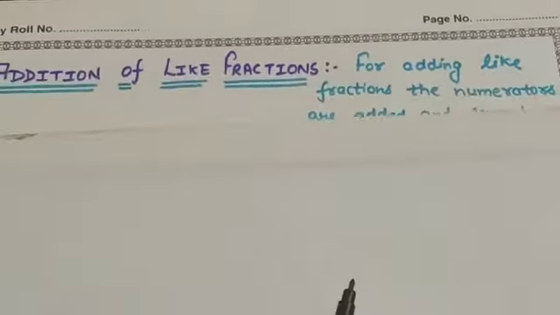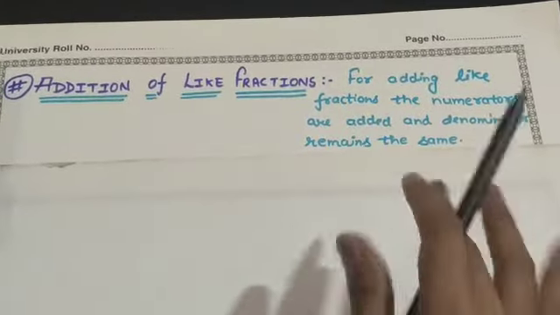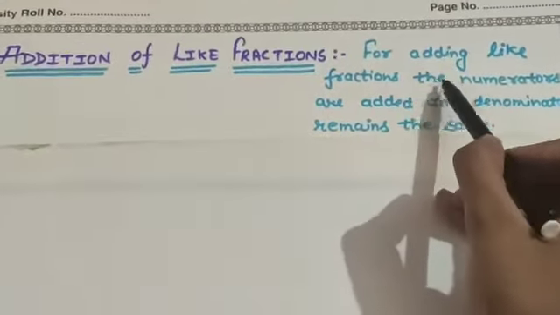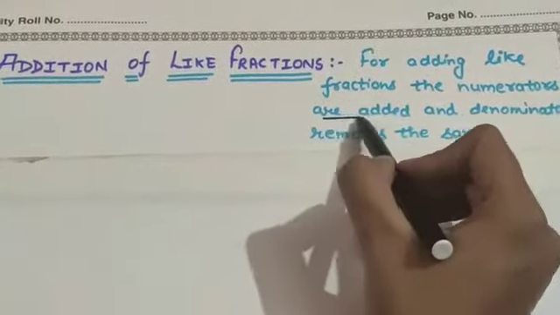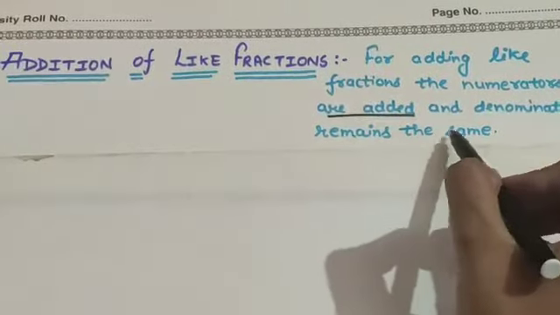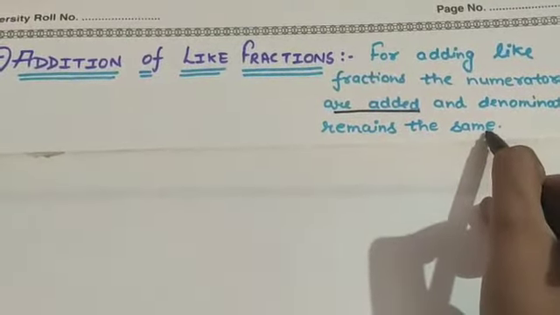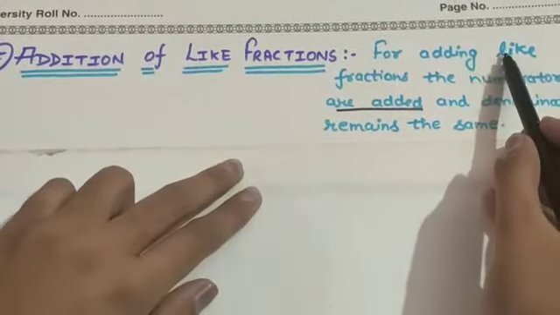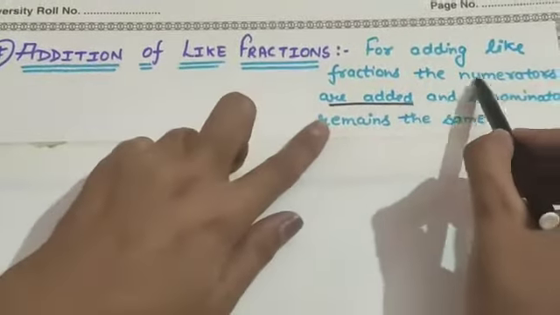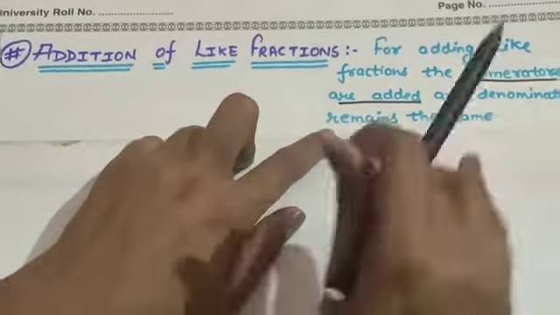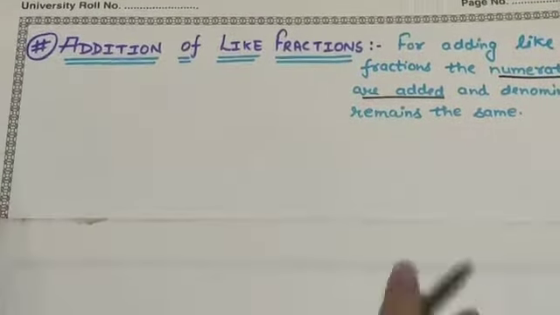So what are like fractions? Like fractions are the fractions which have the same denominators. For adding like fractions, the numerators are added and the denominator remains the same. That means if you have to add two like fractions, you just need to add the numerators and the denominator remains the same. For example,